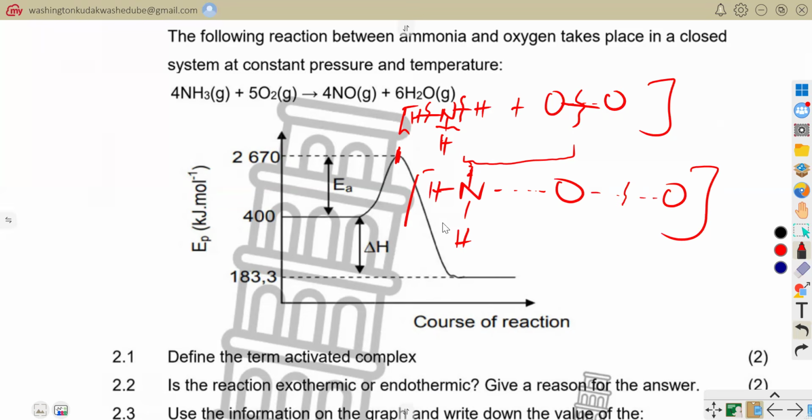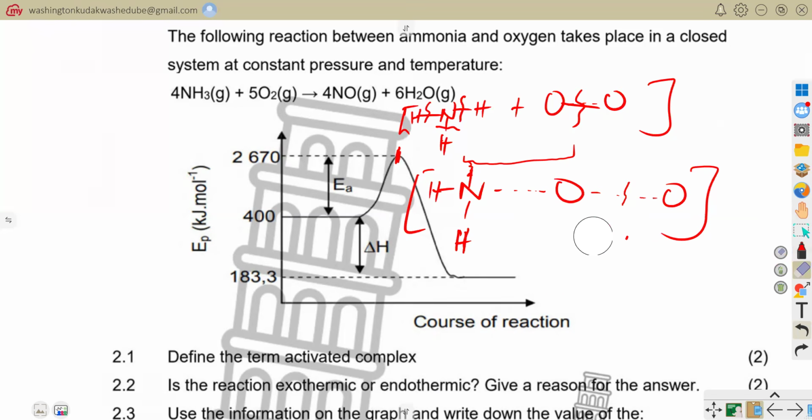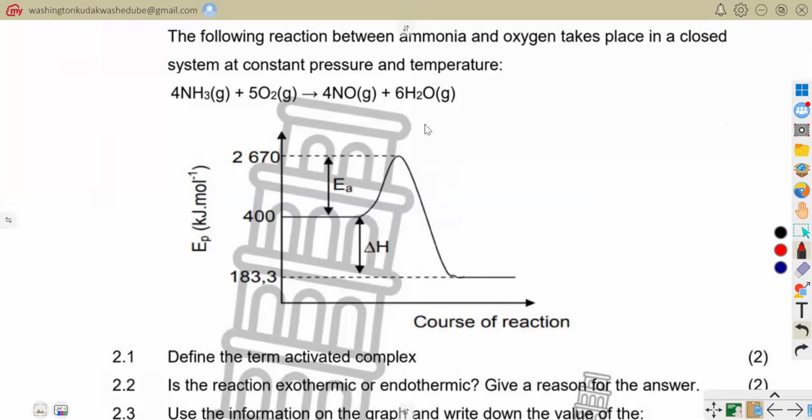So this temporary, unstable transition state from reactants to products is what we refer to as what? As the activated complex. So how were you going to define it, or how were you going to write it as a statement? You were just supposed to come here and say, for 2.1,